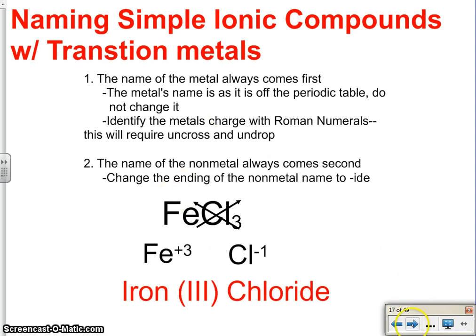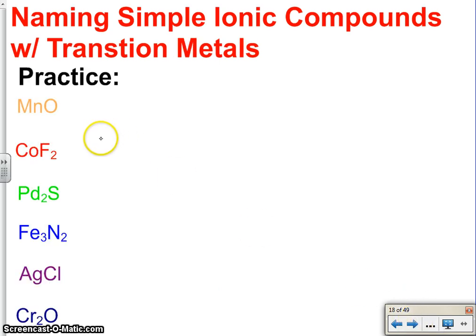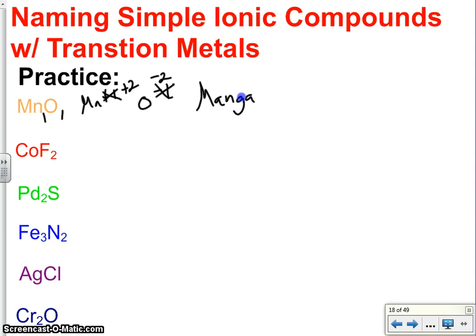Sorry, that looks like a repeat slide. Let's keep going. Let's practice some of these. MnO2, we bring up our charges, so we get Mn plus 1, O minus 1. Of course, again, oxygen's not supposed to be a minus 1, it's supposed to be a minus 2. So if it's a minus 2, manganese must be a plus 2. They have to be the same charge if they're both canceling out to equal 1. So now we name this manganese 2